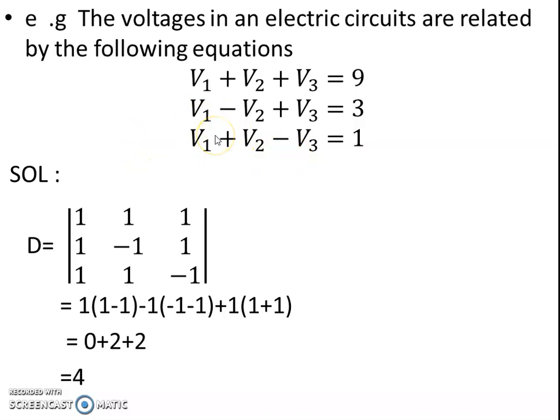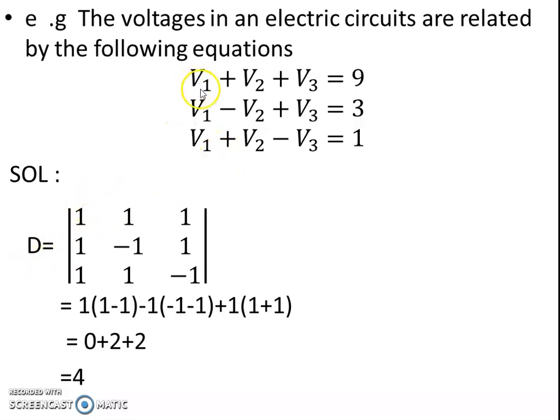Let us check the first step: there must be three variables available in any one of the equations, and at least three equations. Then the constants must be on the right hand side. So we can form D easily by taking the coefficients of v1, v2, v3. We have to find the values of v1, v2, v3. So let us start from D.